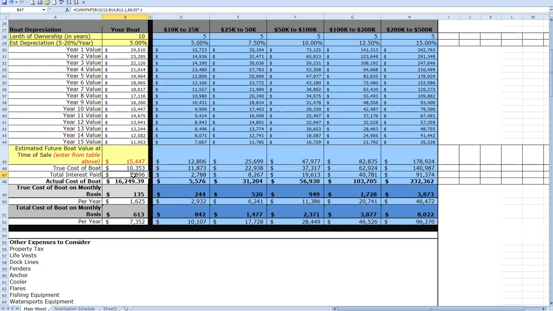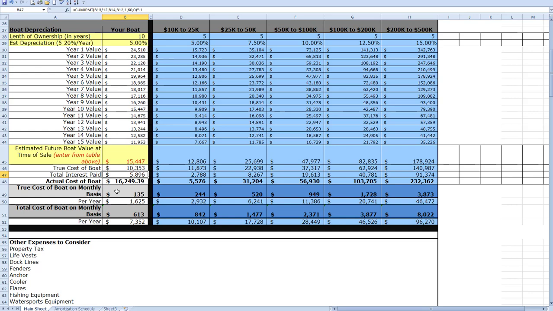There is an amortization schedule on the loans. So you're paying about $5,896. So the actual cost of the boat all in. So this is a real live, as fully baked as we can get it with this kind of rudimentary spreadsheet here. $16,249.39 is the actual cost of owning that boat over the 10-year period. If you break it down to a monthly basis, it's $135 a month to own the boat,